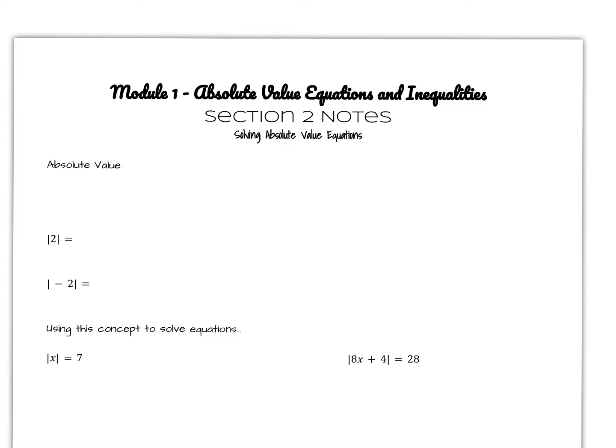In section 2 of module 1, we're going to review solving absolute value equations. So remember, absolute value represents the distance from 0. So when we're evaluating an absolute value, such as the absolute value of 2, if we look back at a number line,